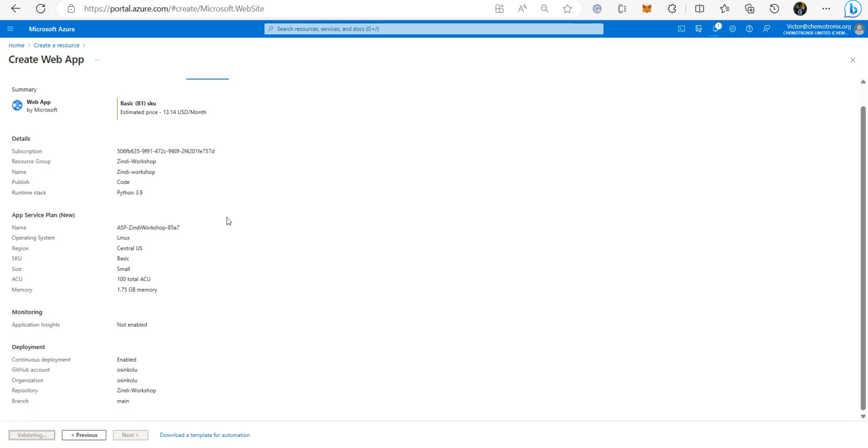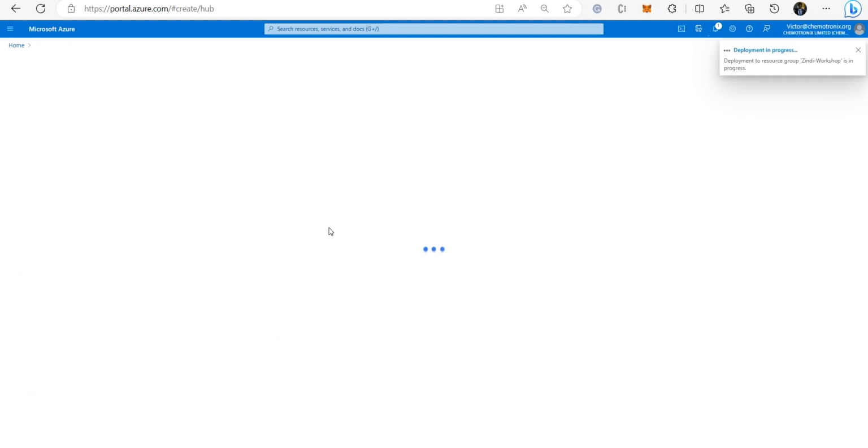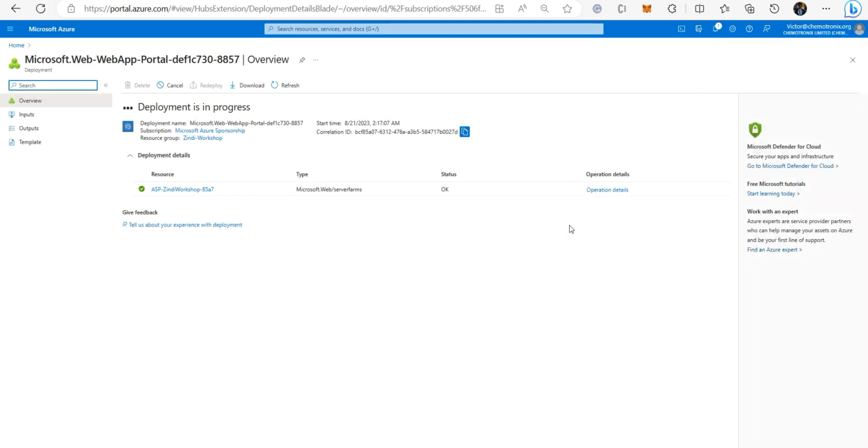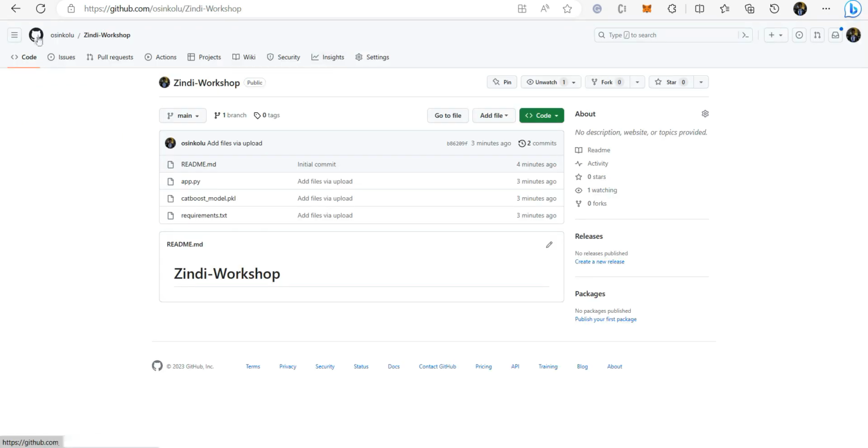Right, deployment is still in progress. You can just hold on. Alright, to show you something really interesting while deployment is still ongoing, I would navigate down to my GitHub repository, and you'd see,